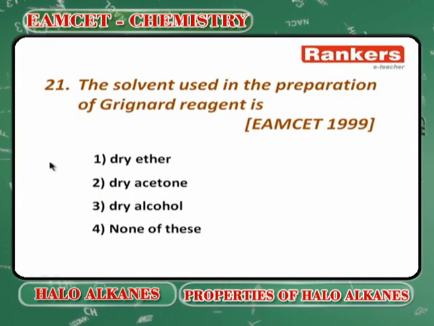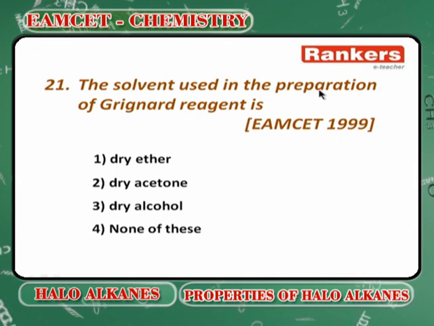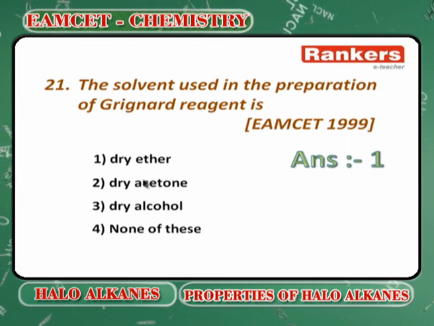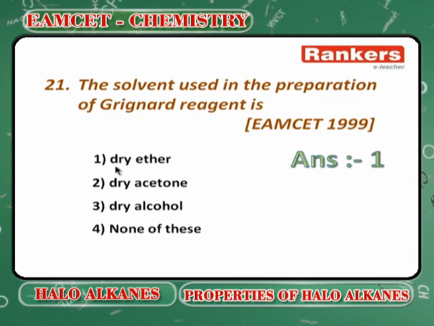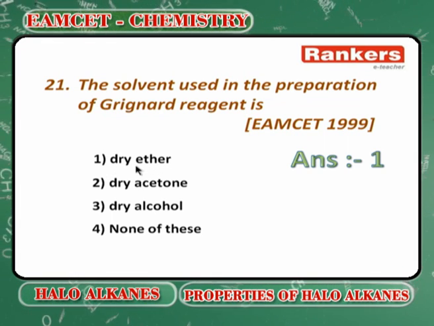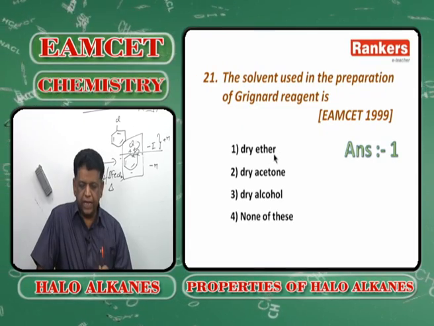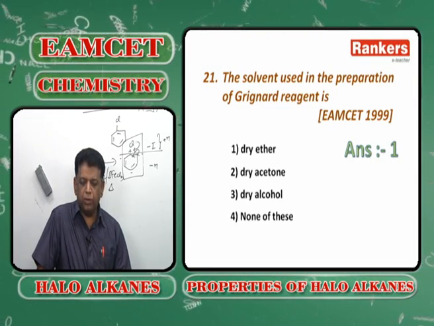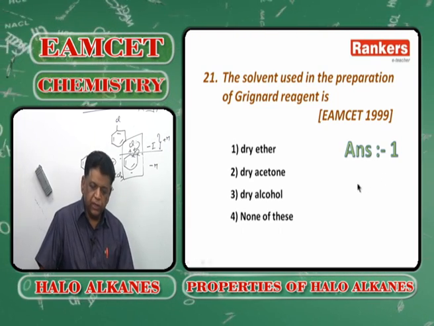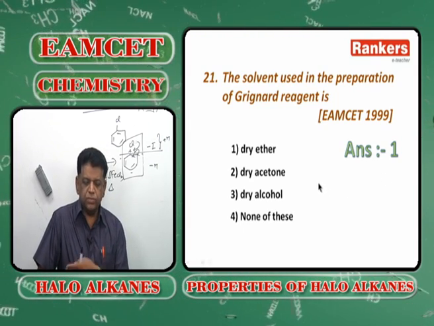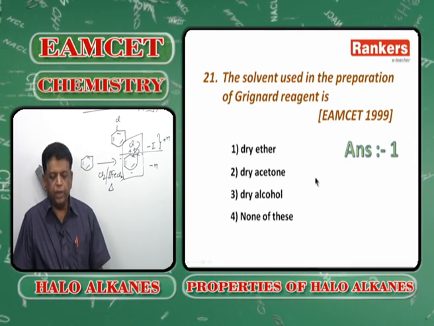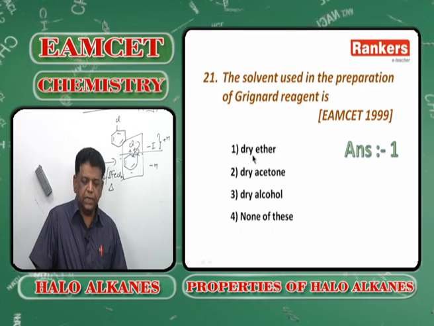the solvent used in the preparation of Grignard reagent is, solvent used for Grignard, dry ether. Answer 1. Dry ether is the answer. Alcohols and all that will react. In fact, dry acetone, for example, the second one is a carbonyl compound. The moment RMgX comes, that will react with acetone. If alcohol comes, RMgX undergoes hydrolysis. Therefore, 2 and 3 will be the wrong answers. 1 will be the right answer, dry ether. Next,